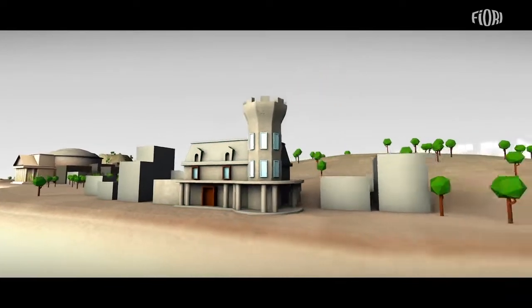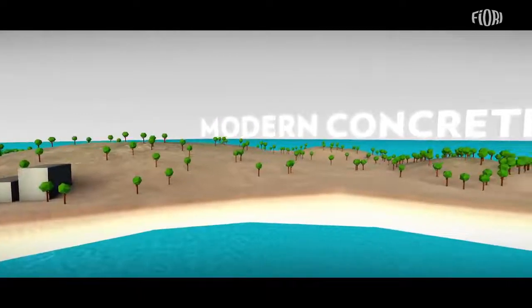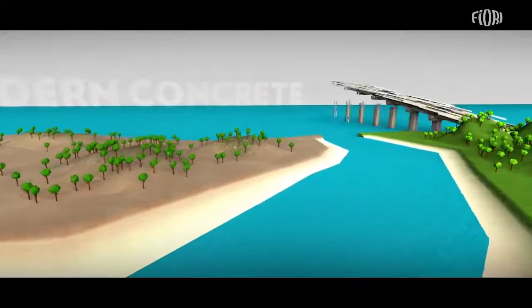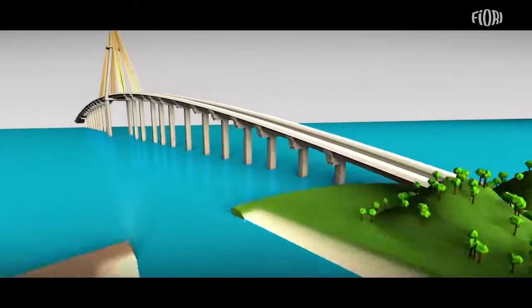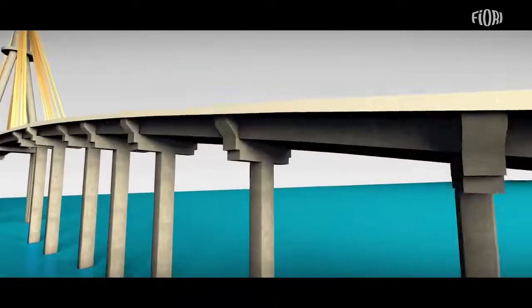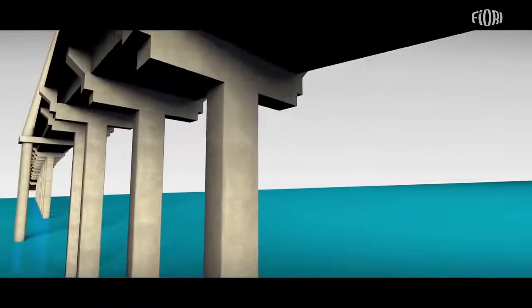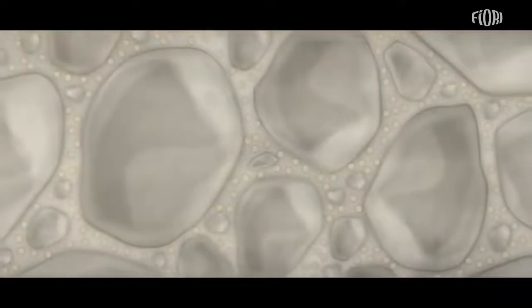In this period, Europe saw its first buildings constructed with steel-reinforced concrete. Today, concrete is the most used construction material in the world. It is common to find megastructures like the bridge over the Rio Negro entirely built using this material. Let's discover the microstructure of our material. What makes it so strong?